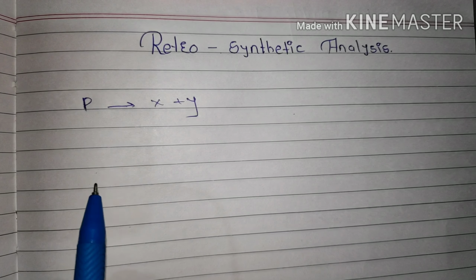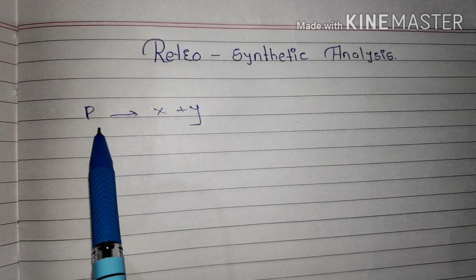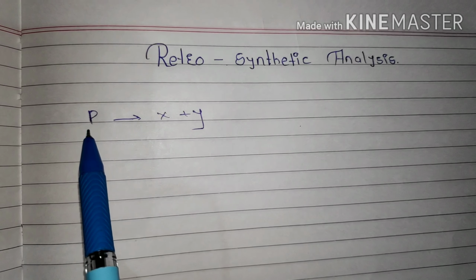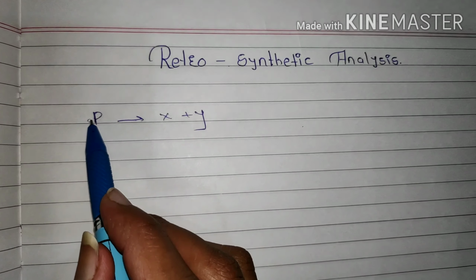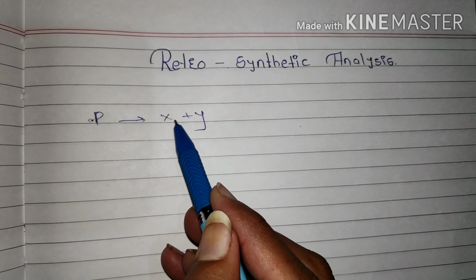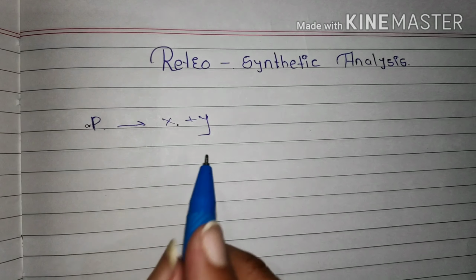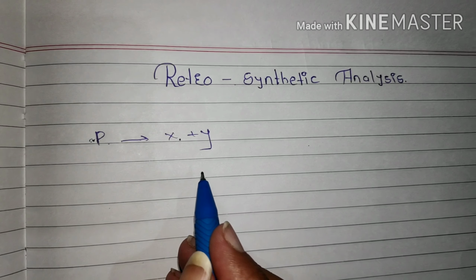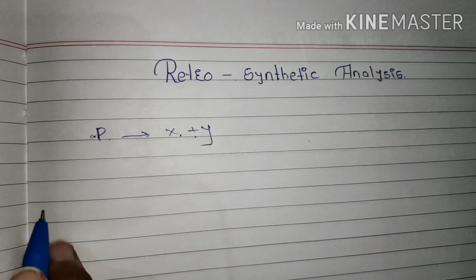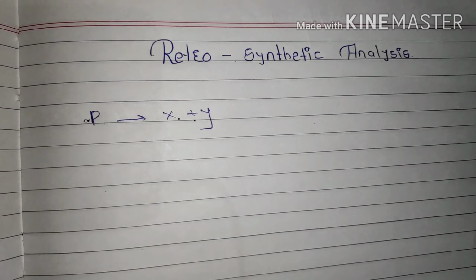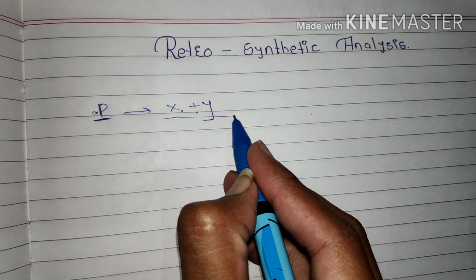Hi friends, today's topic is retrosynthesis analysis. It is the most important part of organic chemistry. Retrosynthesis analysis is the reverse view: the product is made from the reactants, and the analysis starts with the product, which is fixed and unchangeable, and works backwards to the starting material. It is called retrosynthesis analysis. It simply means we start with the product and work back to the reactants.